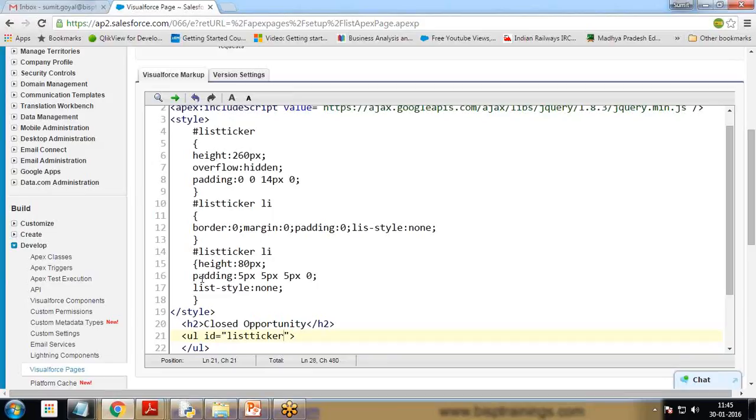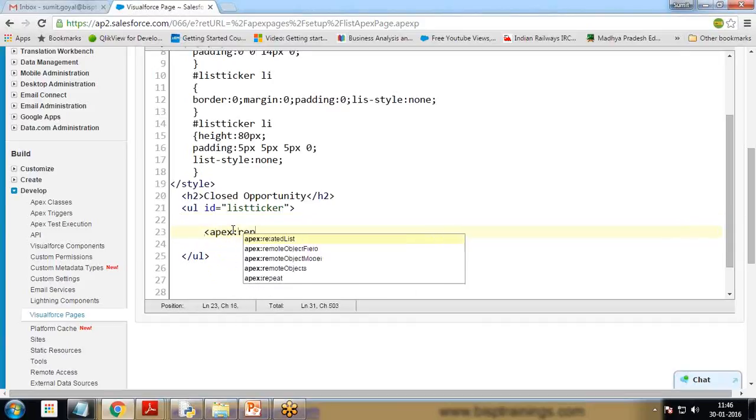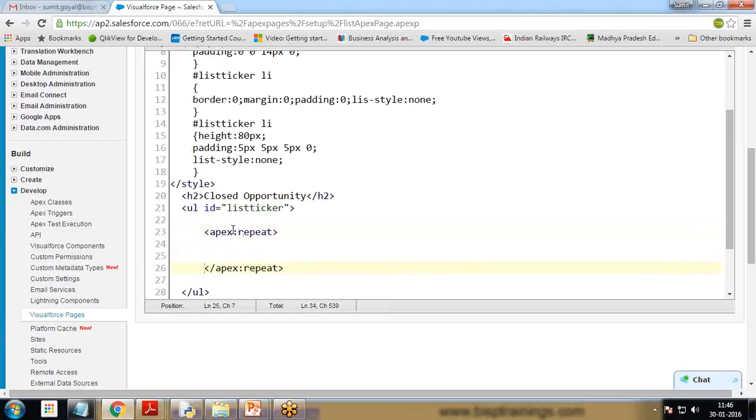Now I'm going to get the values. So to get the values, I use a repeater here. Repeater is basically used to repeat values number of times. So I'll define here repeater, apex colon repeat. This will repeat the data. So value is equal to, now it will get the value from stories, which I'm going to define in my controller, where story,